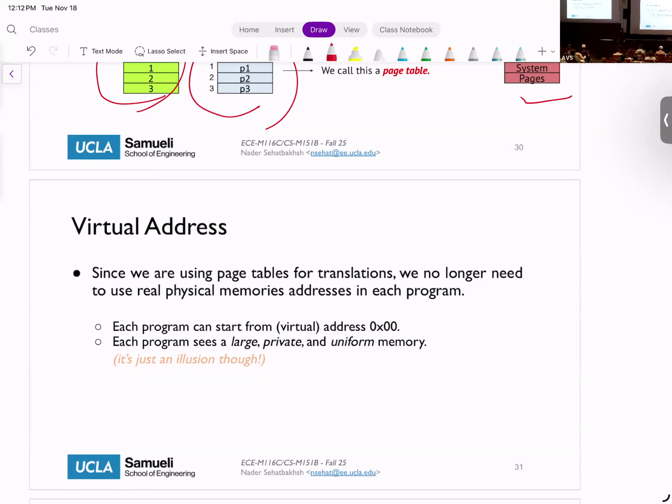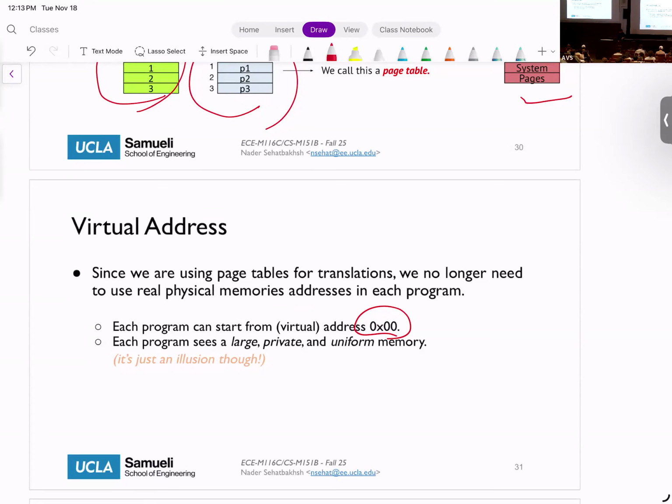We can start addresses from 0, and we can assume that we have all the addresses in the world and all of them are continuous. Essentially each program thinks that it has access to all the addresses, all continuous, starting from 0.